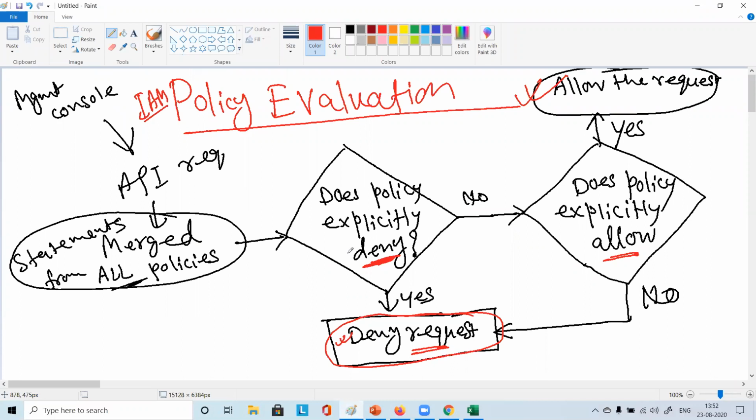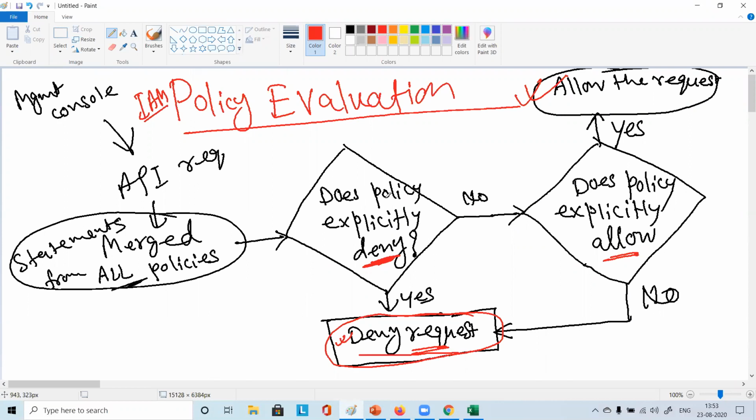Does a policy explicitly deny? No. Does a policy explicitly allow? No. Then deny it. This flow is happening.